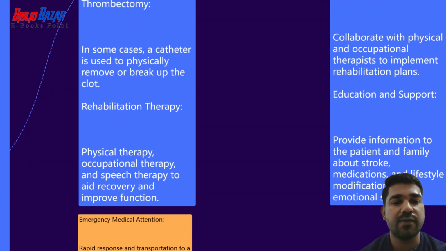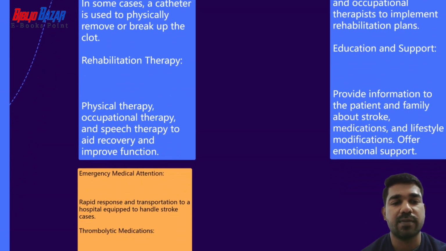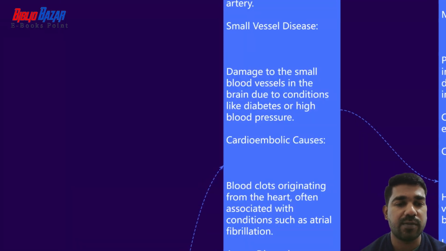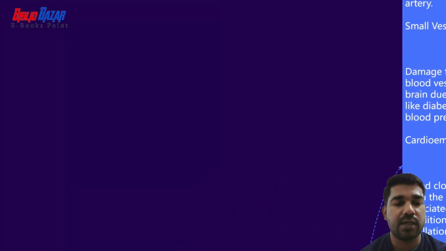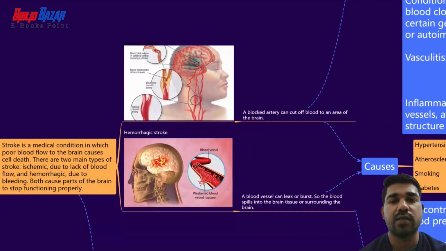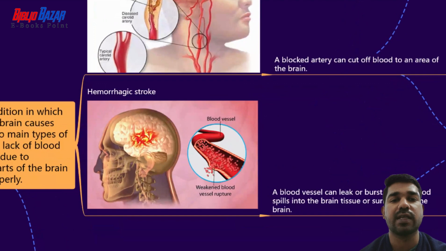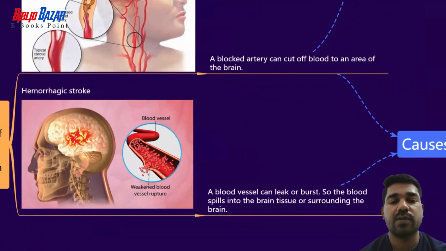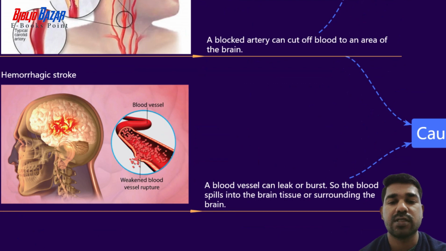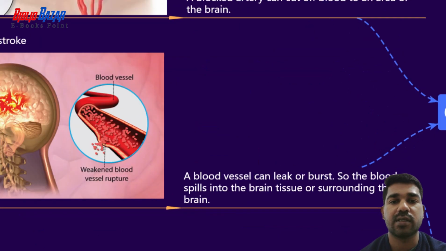Then collaborate with the physiotherapist and occupational therapist. Then education and support: educate the family about the condition and the recovery needs. Okay, so that's all about the ischemic stroke. The next topic is hemorrhagic stroke. Hemorrhagic stroke is the same as the ischemic stroke,